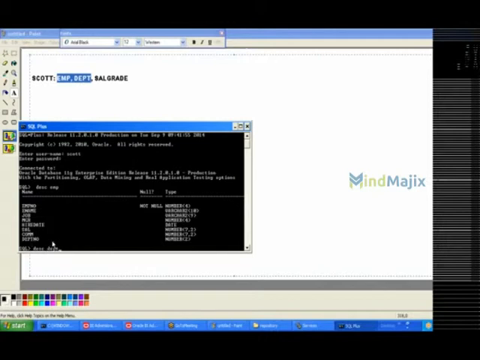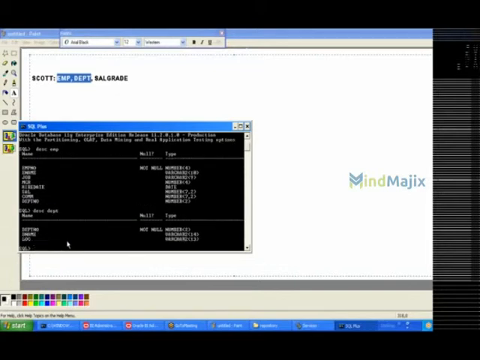DESC stands for describe table name. Here also I have the department number column. If you observe the department number column in the DEPT table, it is showing as not null, and the data will have no repeating values, which means it is the primary key. So in the employee table we have the primary key as employee number, whereas in the department table we have the primary key as department number.